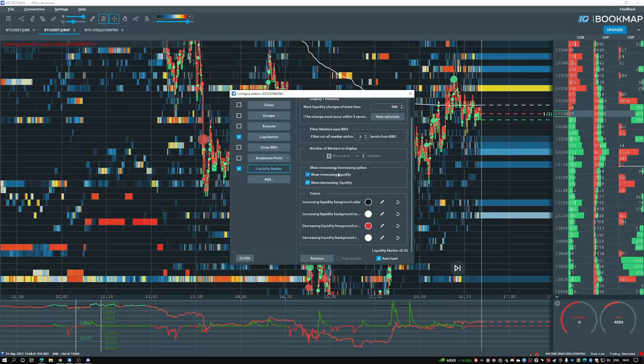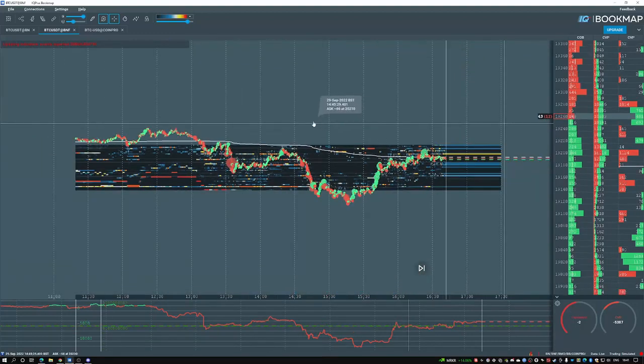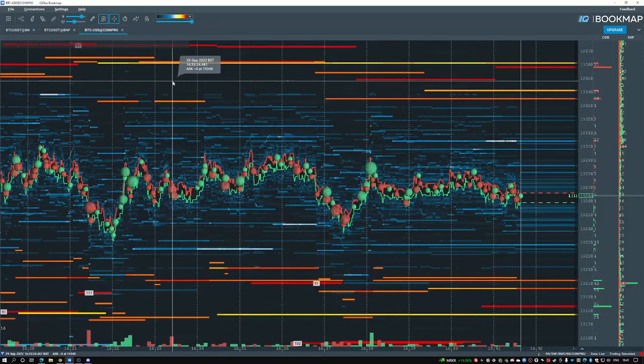Lastly is showing increasing and decreasing spikes. I'd highly recommend having both of these on, as it would make sense to show when liquidity is increasing and decreasing. So now we have that, and we'll let that load in. Whilst that loads in, we'll go over the